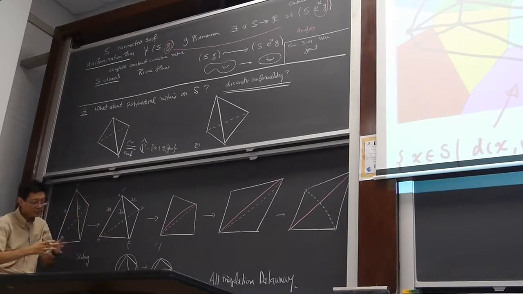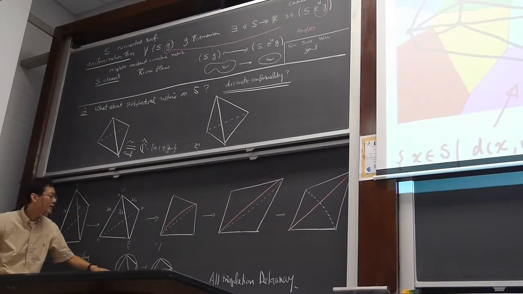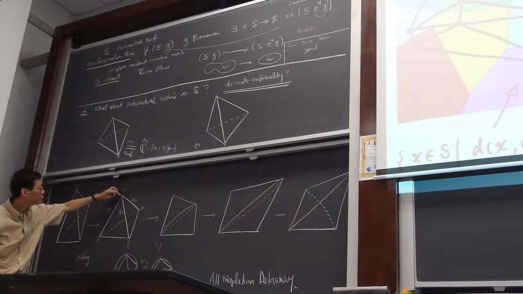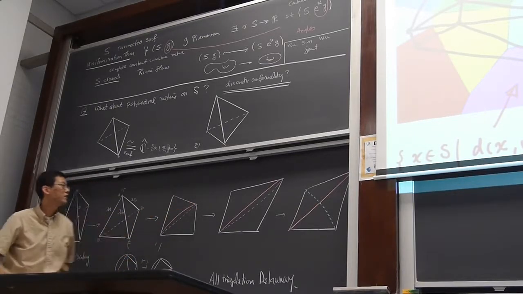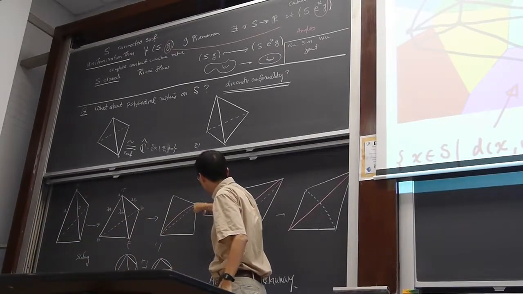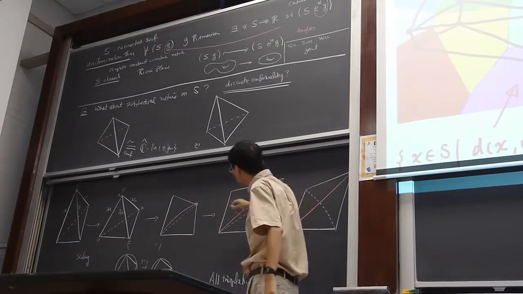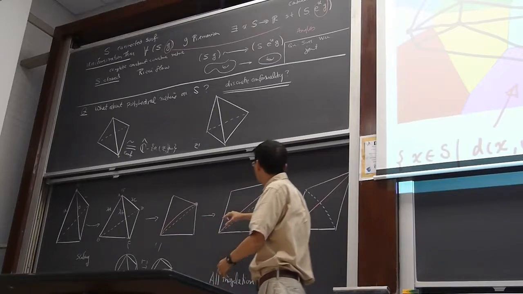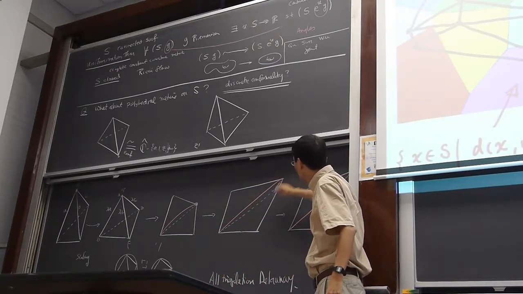Suppose A, B, C, D lies in the circle when you flatten it out, and then you are allowed to do a diagonal flip. So I can replace this by a new edge, and after that you can now do the new scaling coming from a new vertex, and you can stretch it. And so these four lengths, 1, 2, 3, 4, are now scaled by another factor.